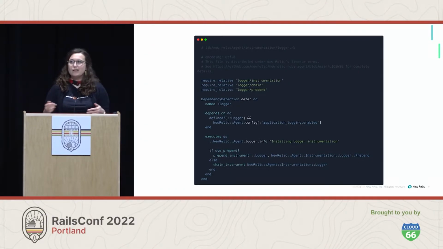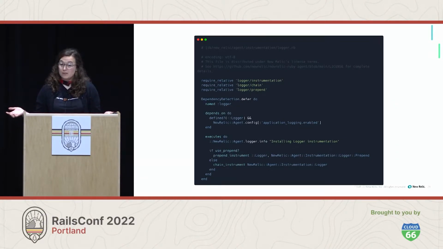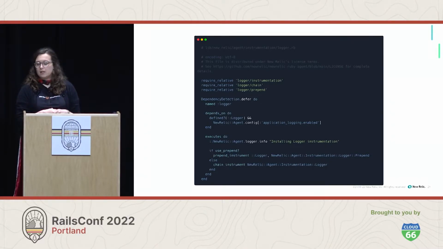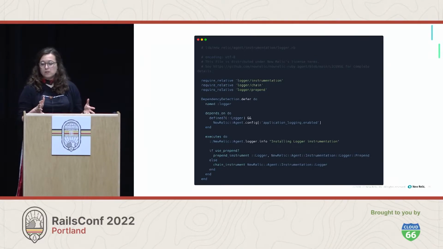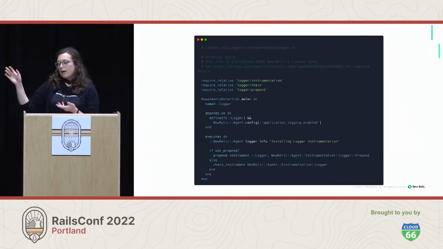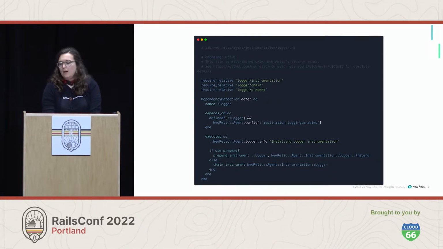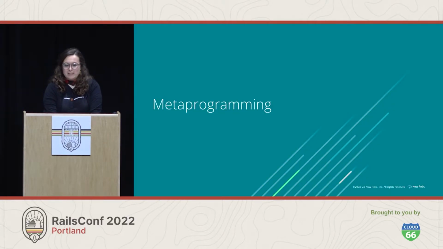It's a little bit silly because Ruby's logger class is always going to be installed unless you've done something really interesting to try to make it forget about the logger class. But we're checking here to make sure that you want the logger to be instrumented, and that's one of our configuration options, and that it is in fact defined. And if both of those things are true, we're going to move forward, log a message inside the agent log, and either use module prepending or alias method chaining to go ahead and add the instrumentation code on top of Ruby's method. And so that causes us to have a little bit of a detour into metaprogramming, which